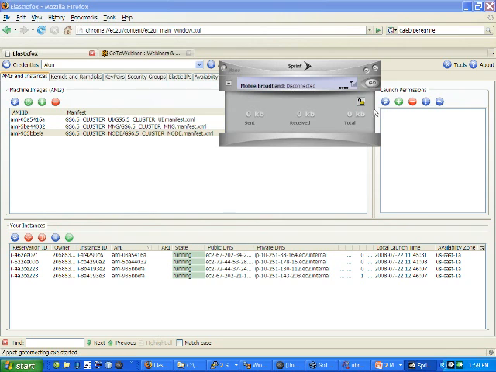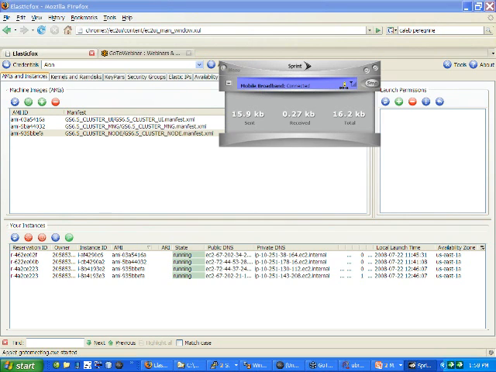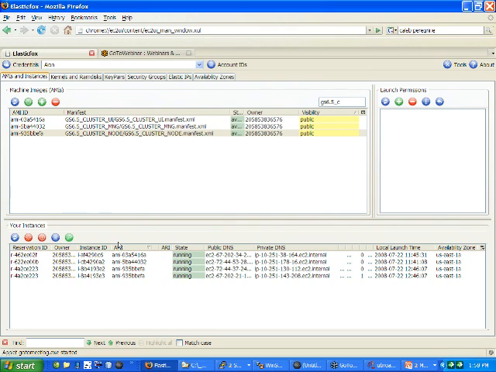Looks like somehow my network was disconnected. So I'm going to reconnect and see if we can't find these images again. We're hoping for the best here. My apologies. This is the real world, and we're doing a real demo out there with a network, and my network card somehow got disabled during this presentation.